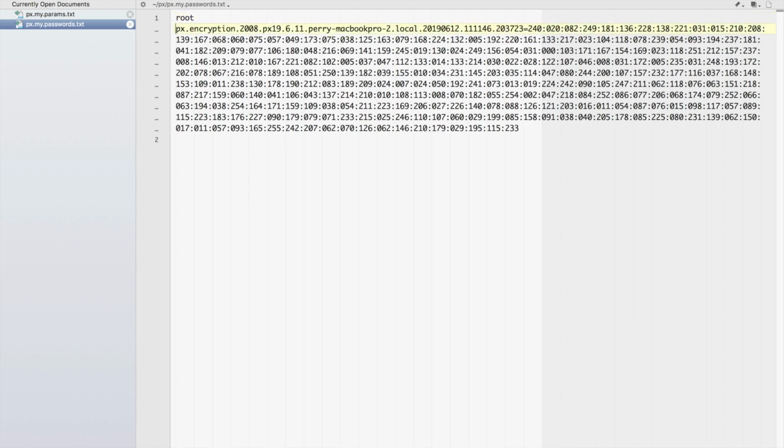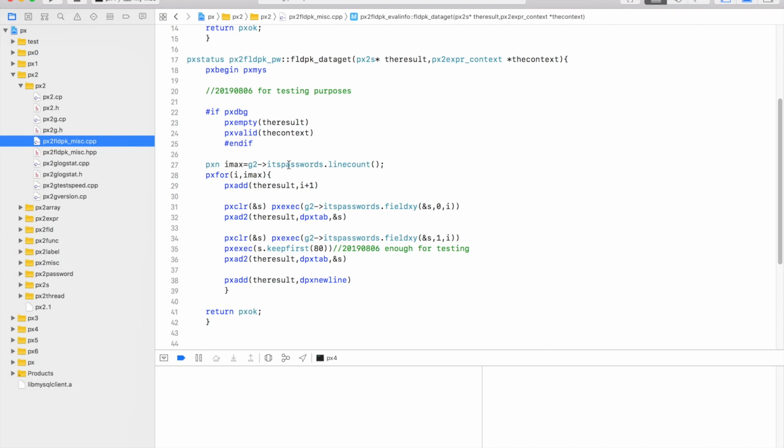There is a tab. Anyway, maybe some bug in TextWrangler. A root tab and then the encryption data. Well, this is the file that I read in during startup, and it's placed in this field of